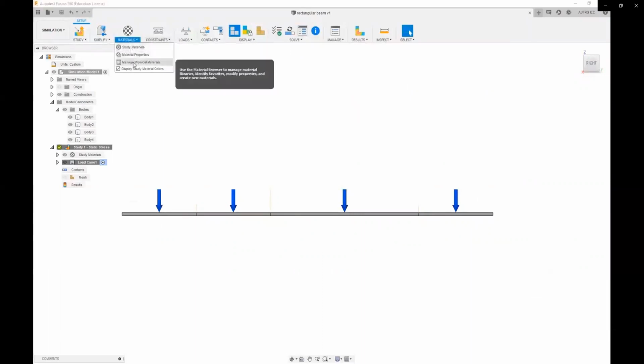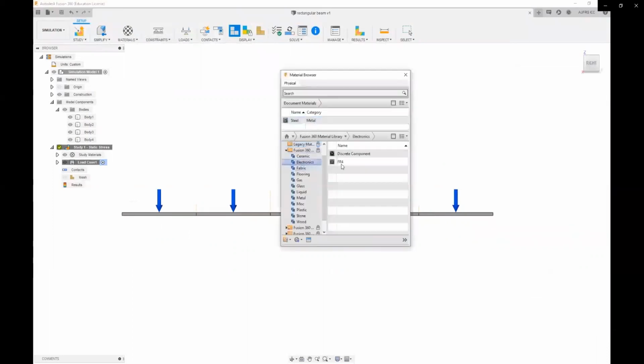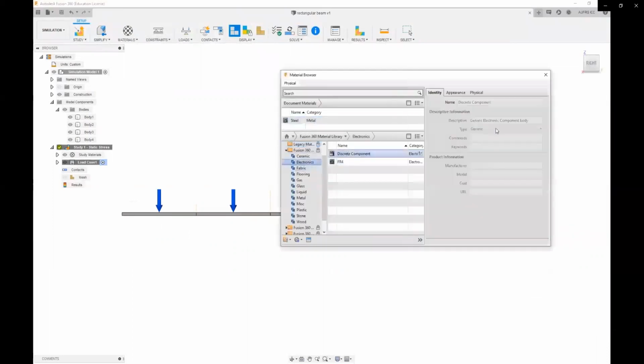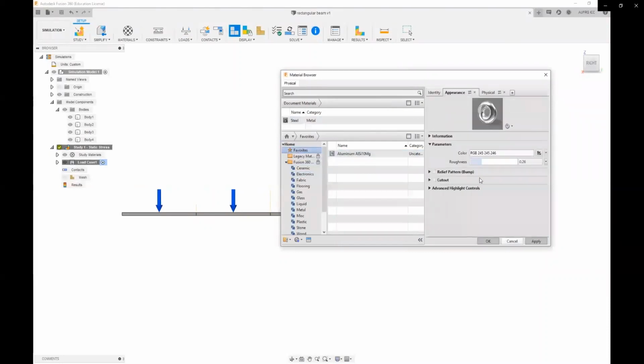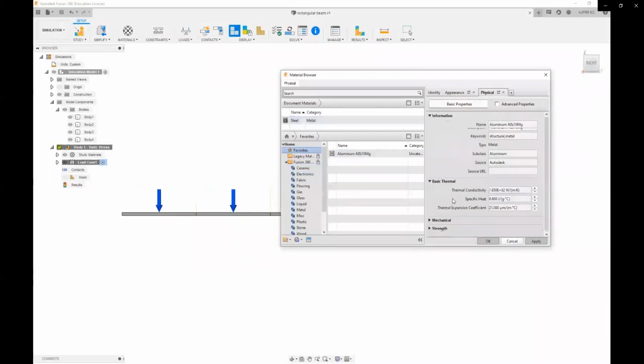Yeah, okay. I already told you before, I will tell about it later, how to add the materials. Okay, just click on that. This is the material browser. You can add a material and create a new material by using the material browser options. Okay, in that you can see a lot of materials are available, like ceramic, fabric, flooring, gas, and liquid items also. In that I am just selecting one of the metal components,